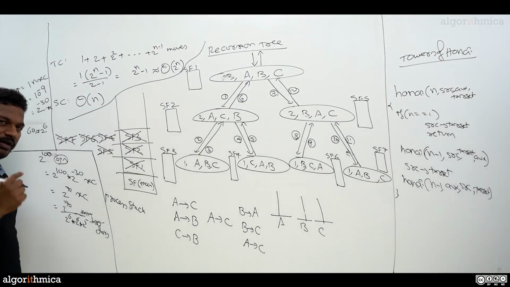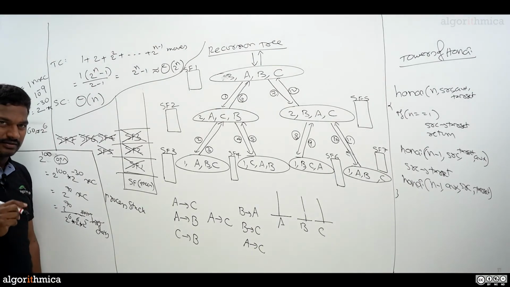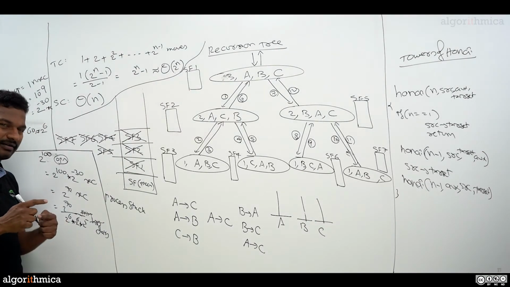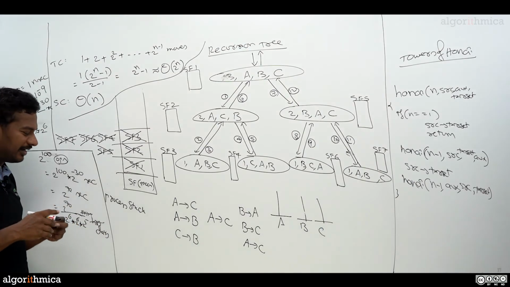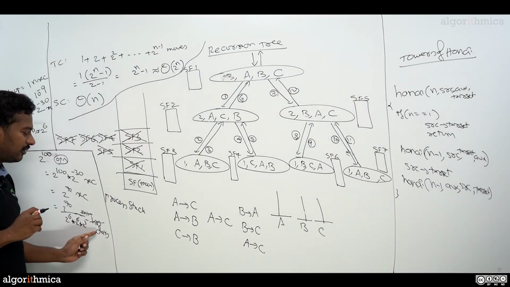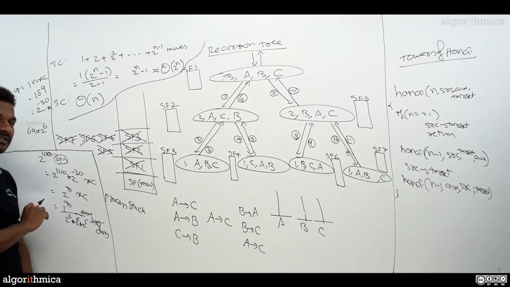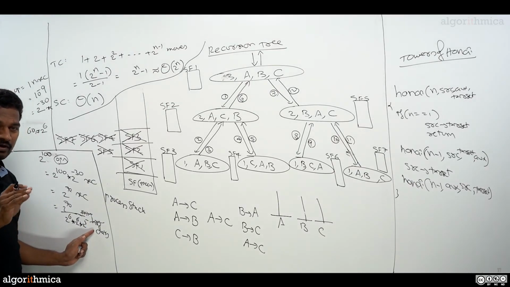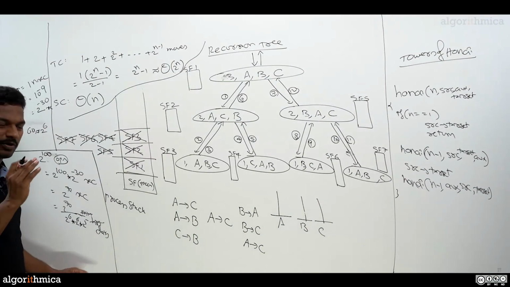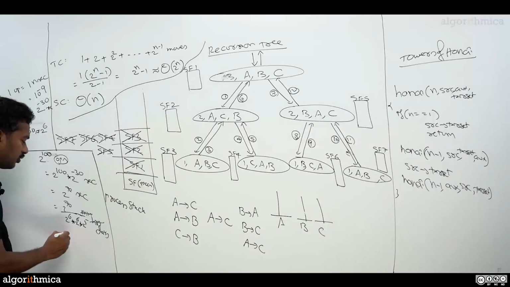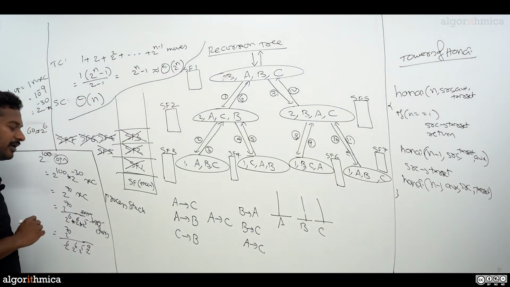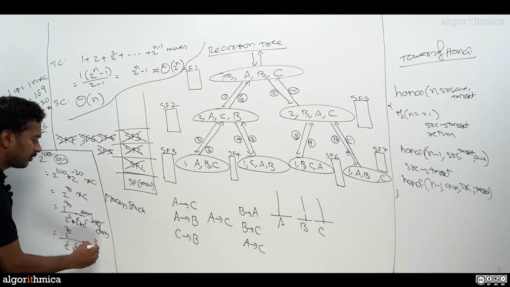Days I'm converting to years. There are 365 days per year, 366 per leap year. 2 power 7 is 128, 2 power 8 is 256, 2 power 9 is 512. I'm giving 2 power 9, a much higher value, and even then let's see how much time it will take. That means 2 power 70 divided by 2 power 6, 2 power 6, 2 power 5, 2 power 9, which gives years.